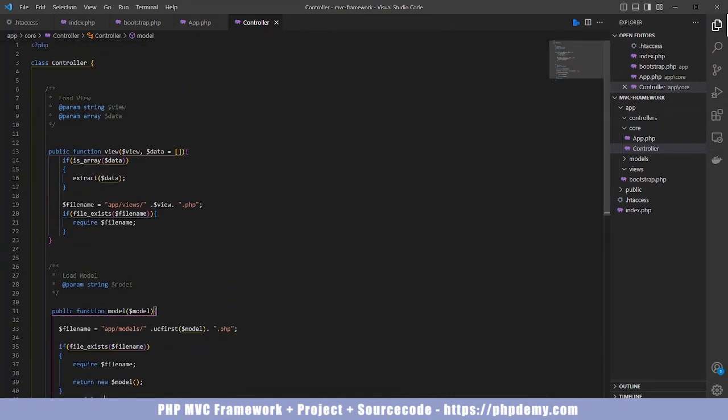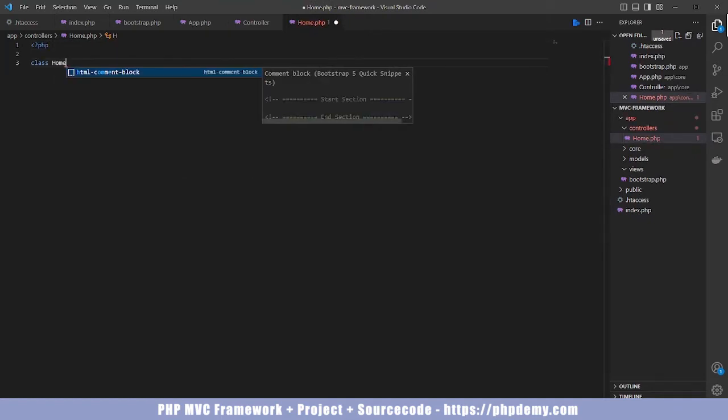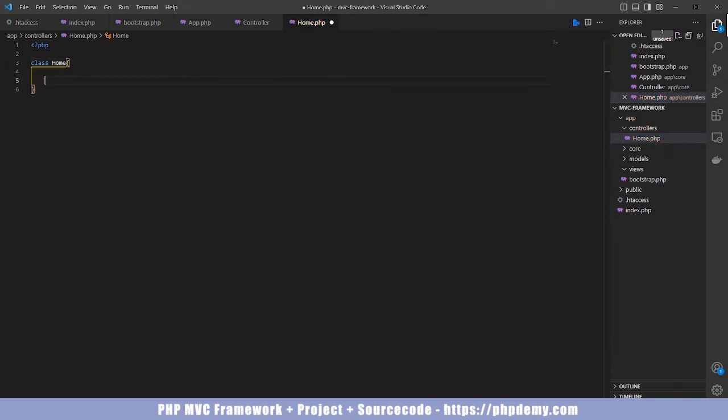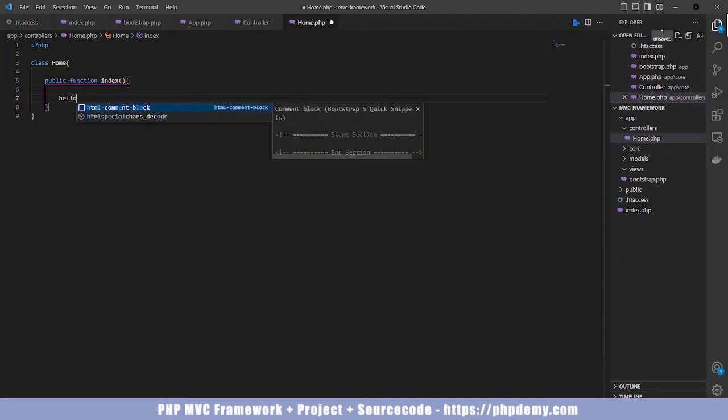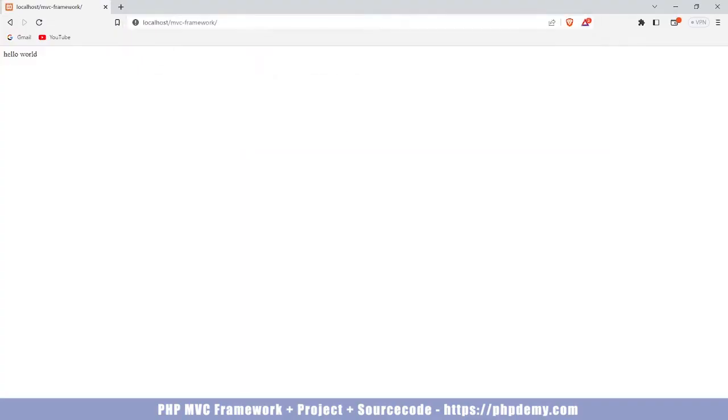Okay, let's see how we can view our project so far. So I think we are good to go with the views now. So let's come here and create the base controller, which is home, which is the default controller rather, and then let's declare our PHP opening tag, and then our class name home, and then we say the default method is public, is index, so we can say hello world. So if we return, okay, let's just echo, we say echo hello world. So no error for now, but